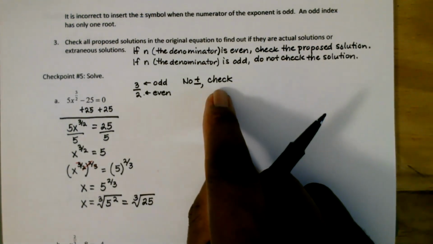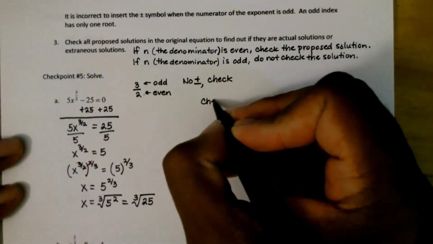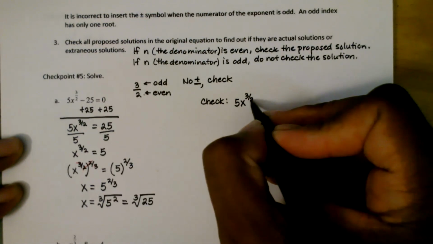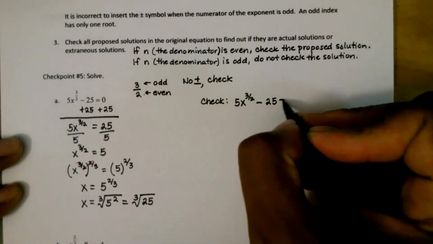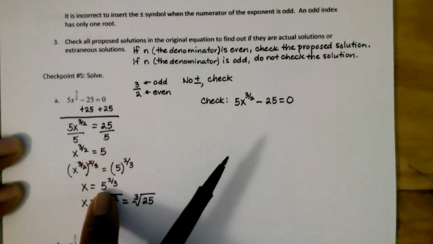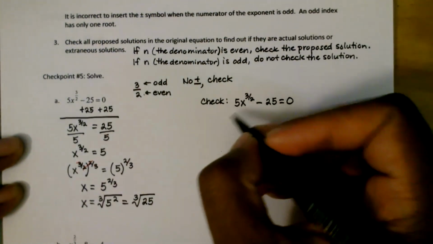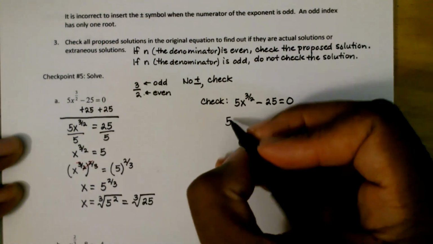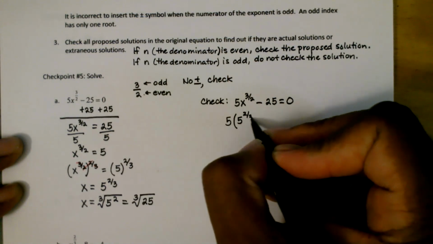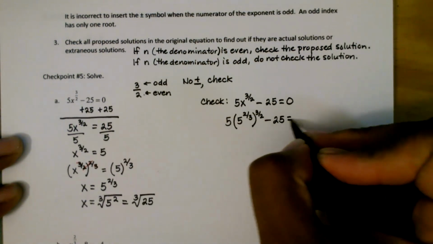Now notice that it does say check. So that means I need to take my original equation and check this proposed solution. I'll rewrite the equation. And then substitute the x with, I'm going to use the rational form of the cube root of 25, 5 to the 2/3, because my exponent is in the form of a fraction. So I have 5 times, substitute the x with 5 to the 2/3, raised to the 3/2, minus 25 equals